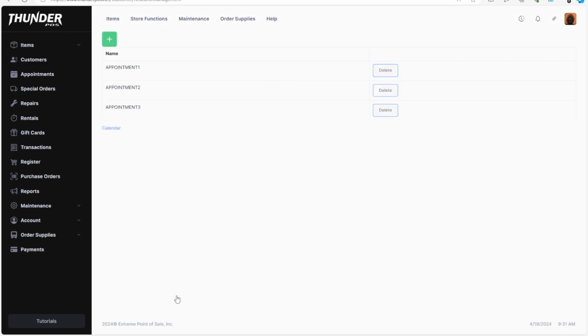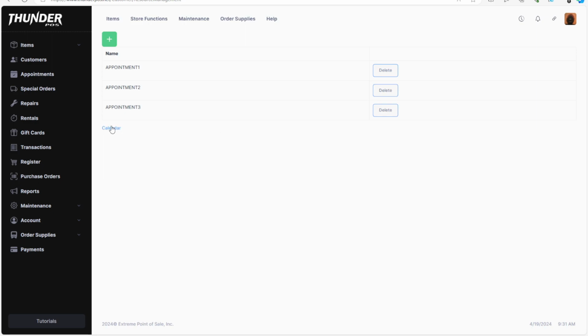So if we click the resources button here, you can see we do have 3 different resources set up. You can add additional ones by clicking the plus or delete resources by clicking delete. Resources could be things such as a specific play space, or just things that you would want to schedule out. So it can also be employees' time. You can do it based on employees instead of by resources,